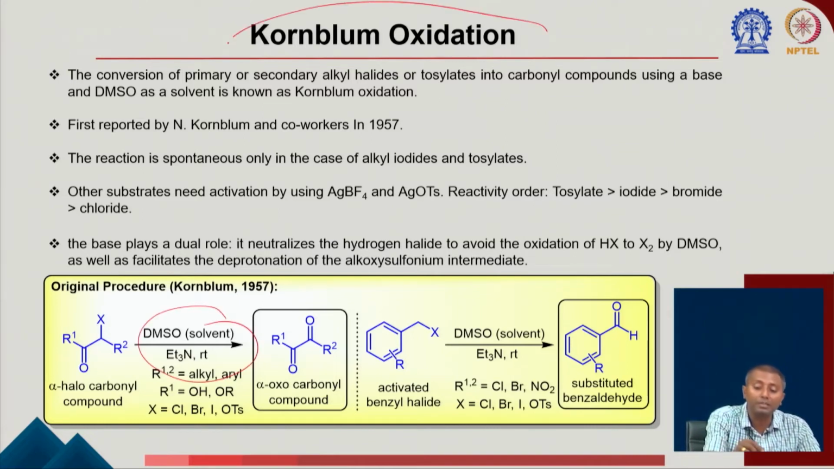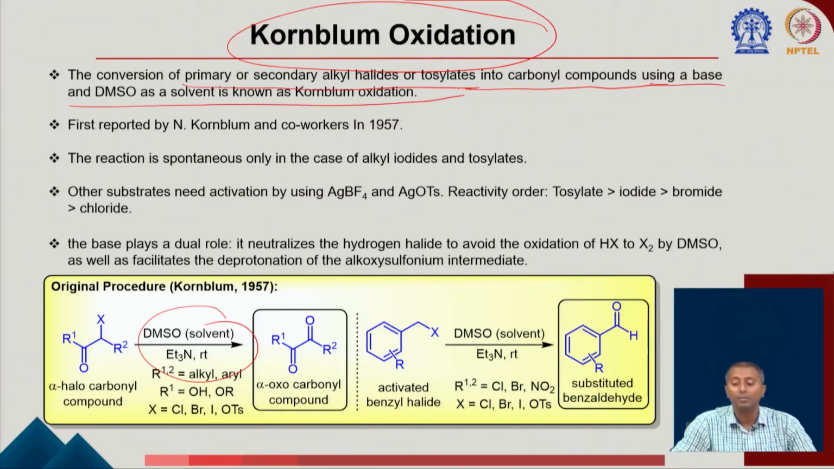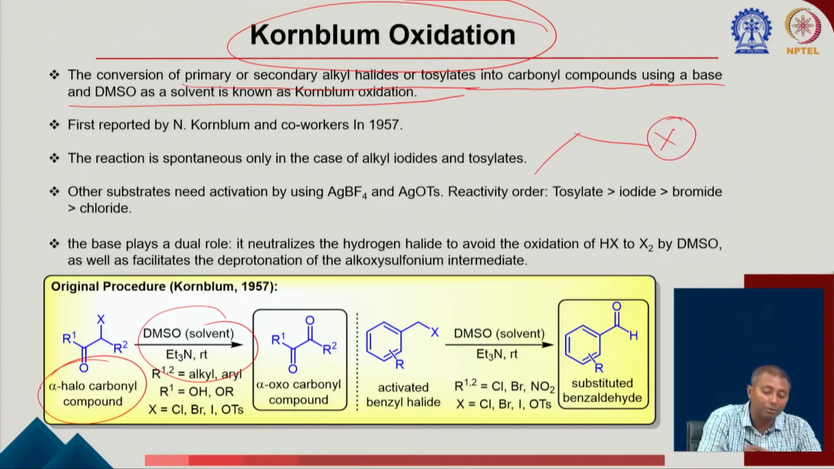the Kornblum oxidation. So this is a conversion of primary or secondary alkyl halide or tosylate into carbonyl compounds using a base and DMSO. So what you are doing, you are converting a corresponding primary or secondary alkyl halide. So this X, you see this is an alpha halocarbonyl compound. If you have this corresponding alpha halocarbonyl compound, it could be primary or secondary, you use DMSO and triethylamine. Here you can see R1 and R2 could be alkyl or aryl, and the X could be chlorine, bromine, iodine or tosylate,